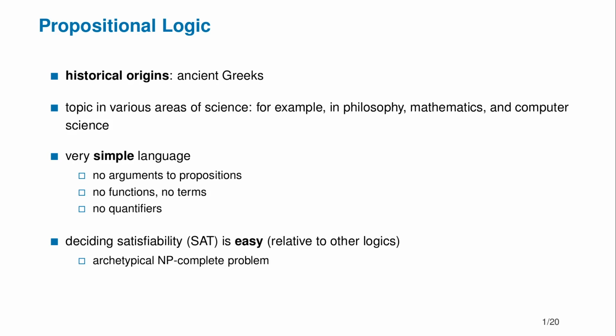Because each variable can be either true or false, and so if we have n variables, this gives us 2 to the power of n combinations, meaning that the search space is exponential in the number of variables a formula has. Okay, this is very huge, but checking a solution candidate is cheap because we simply can plug in